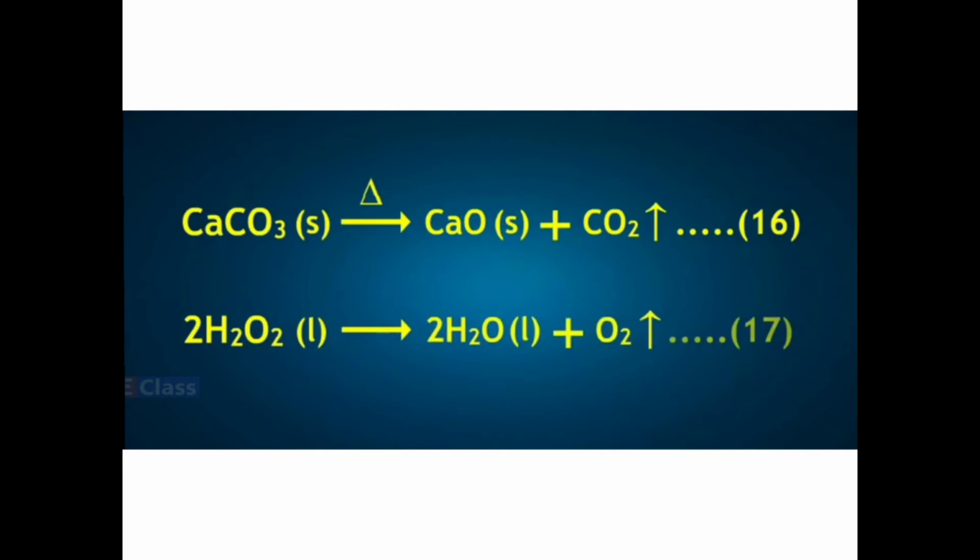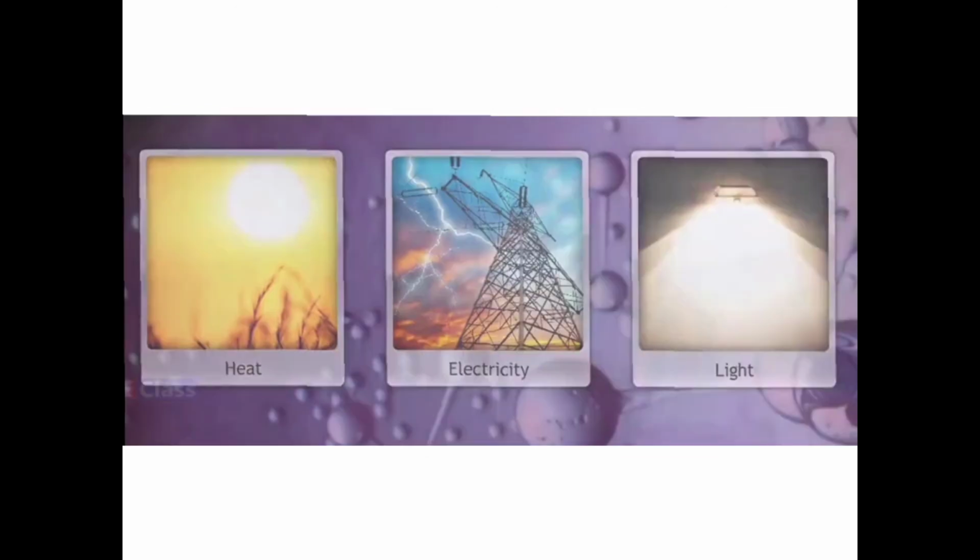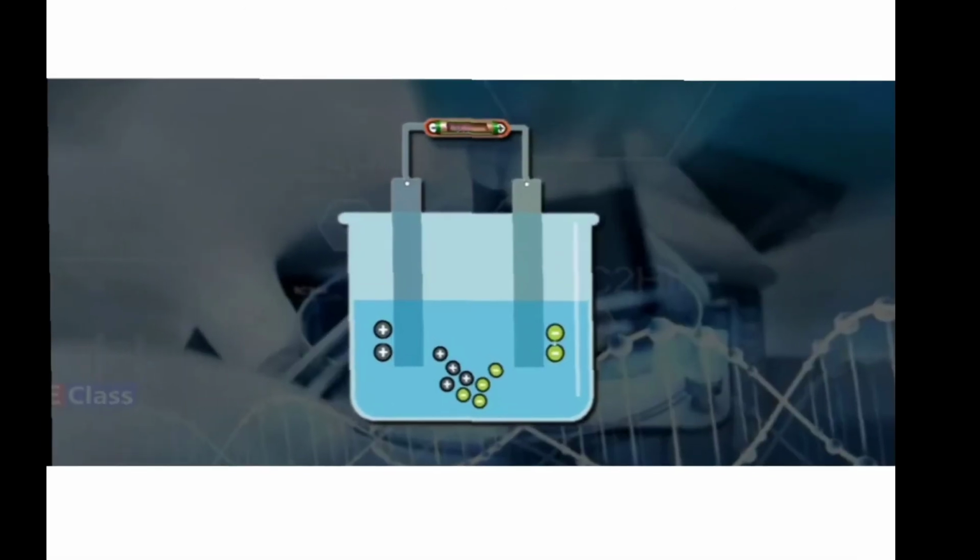Now let us understand about the decomposition of water. Water is made up of hydrogen and oxygen. So is it possible to break the water molecule with the help of heat, with the help of light, or with the help of electricity? With the help of heat, you heat it, water evaporates. Light doesn't change anything. But when you pass electricity through acidified water, you can get the decomposition. That is what we studied in standard 9th also.